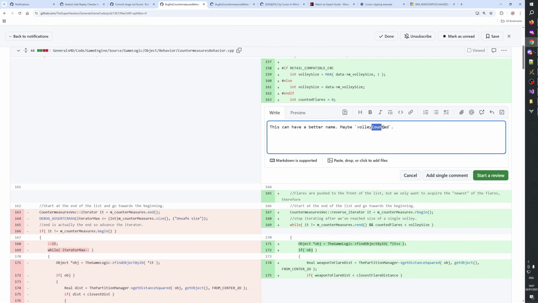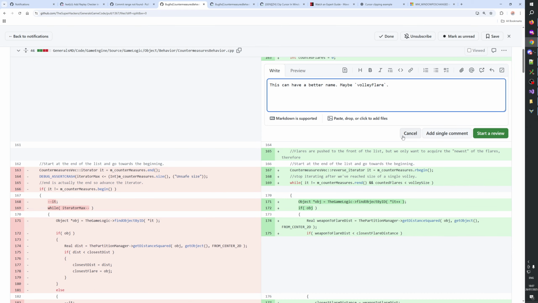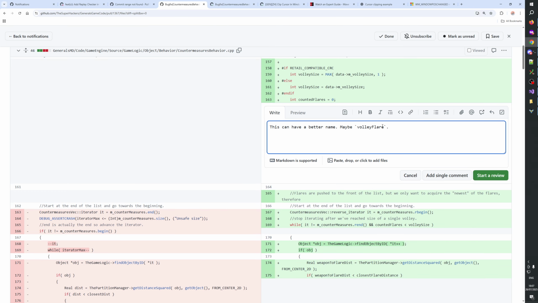Or maybe volley flare. Volley flare smaller than volley size. Or we can maybe do volley counter. Volley counter smaller than volley size. Can be const.